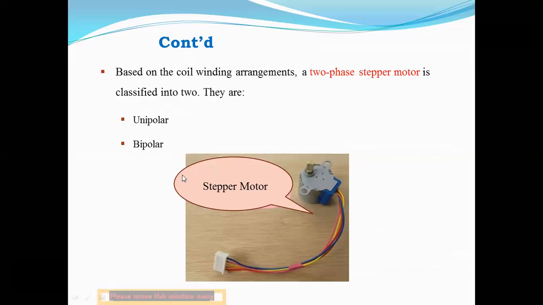So there are two types of stepper motor you can see here, unipolar and bipolar. One experiment you will be doing on the stepper motor is in the microcontroller lab, in the hardware part, where it is acting as an actuator which will rotate either in the left or right direction. That lab will be conducted when you join the college, right? At that time you can see the stepper motor and what its application is in the embedded system.